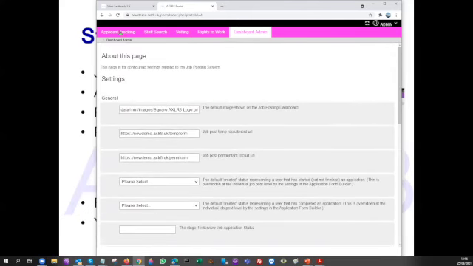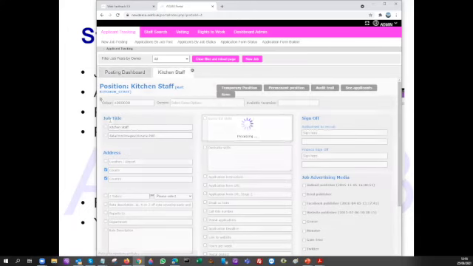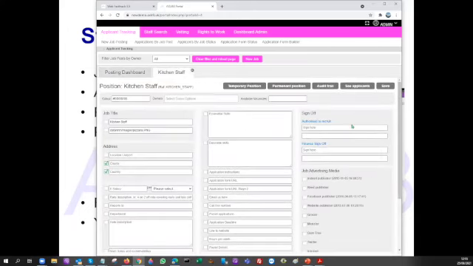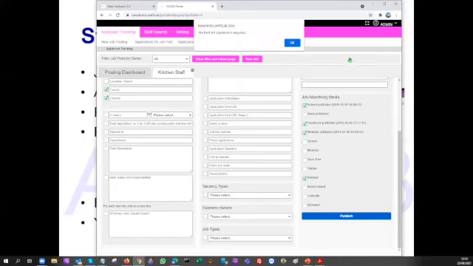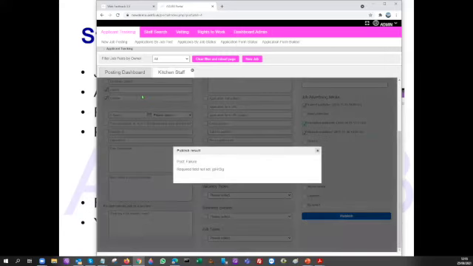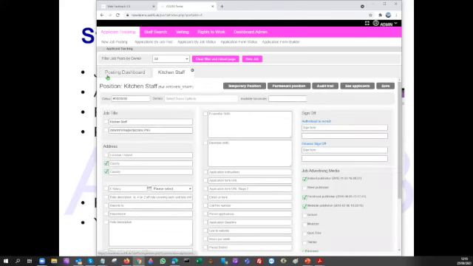Remember, the average recruiter would just see this, and when they see a job like this job here, they would see the details of the job they're going to advertise. They can click and say, I want to advertise it on Indeed, let's say our own website, Facebook, and our intranet, and something else, and then they can hit publish. Now in this particular case, I haven't got very much detail on here. I haven't got job positions and so on and so forth. So you can see there's a heck of a lot of things that are missing,